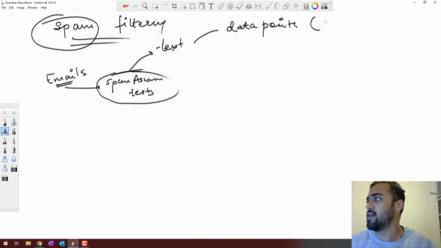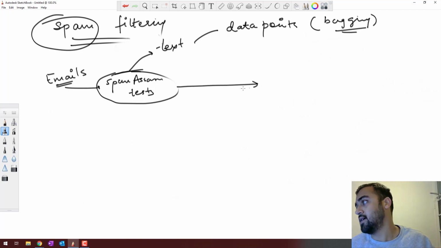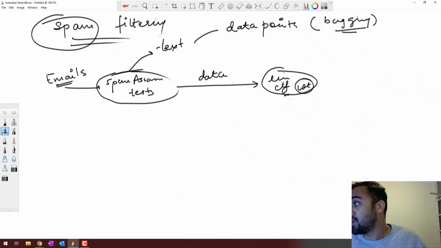You can use various concepts like bagging to convert text into data points. Now this data is then fed into a linear classifier, right? Which has weights associated with them. So this linear classifier, on the basis of these weights, is able to classify an email as spam or ham,